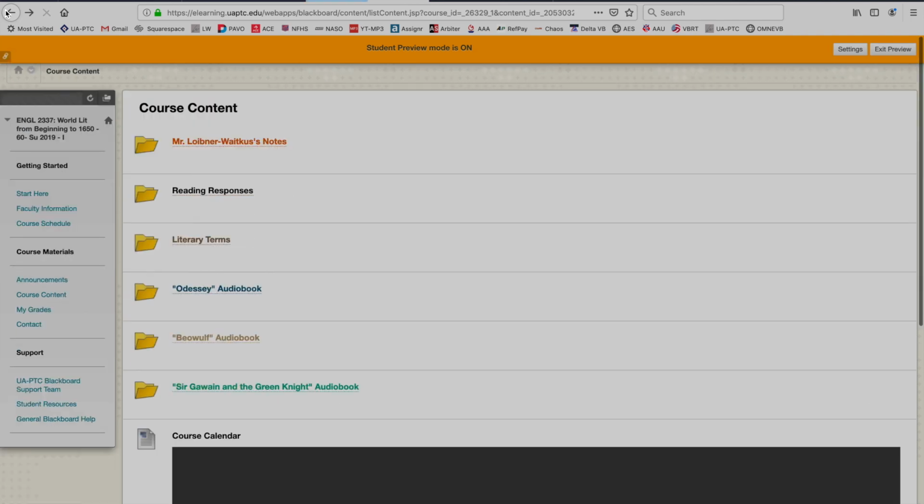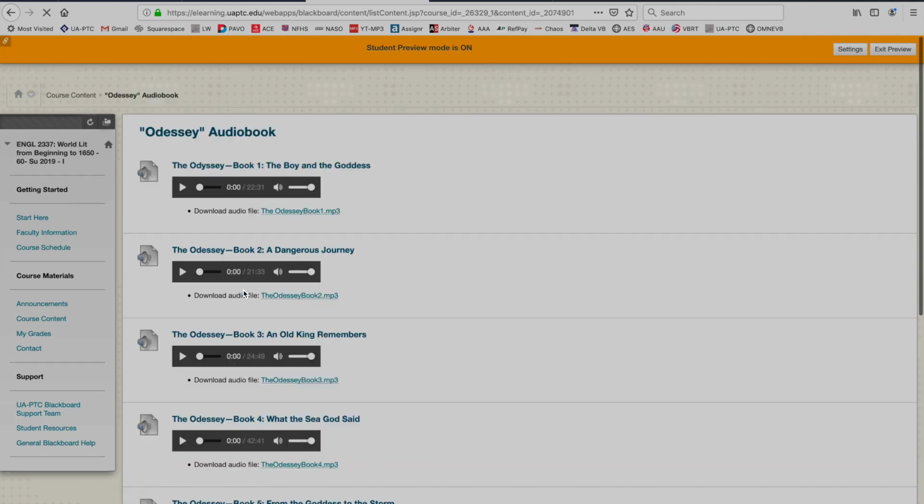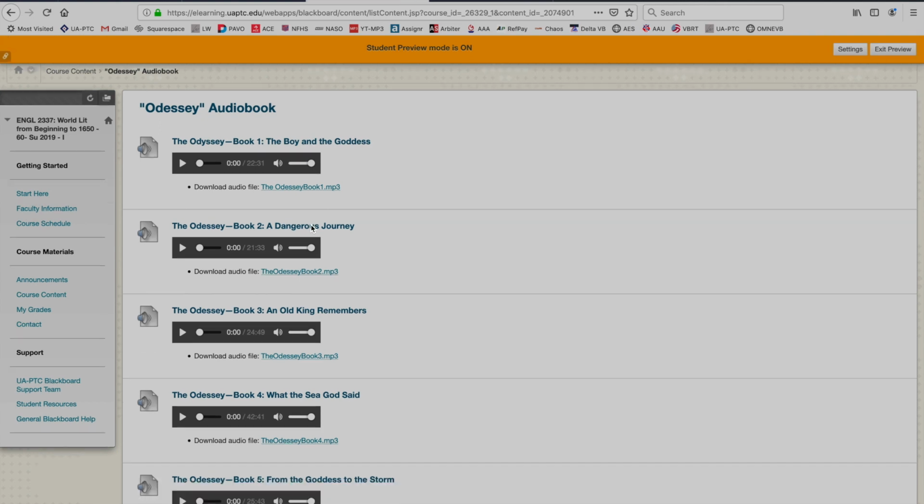Now, some of the stuff that I've already done for you, and you should thank me because these took forever, and I'll try to add the other things we read. Again, when you see something we read in here, it seems like a lot because I tend to want to cover more things as we move through, but what I've done here, this is the Odyssey Audiobook. I have literally legally pirated